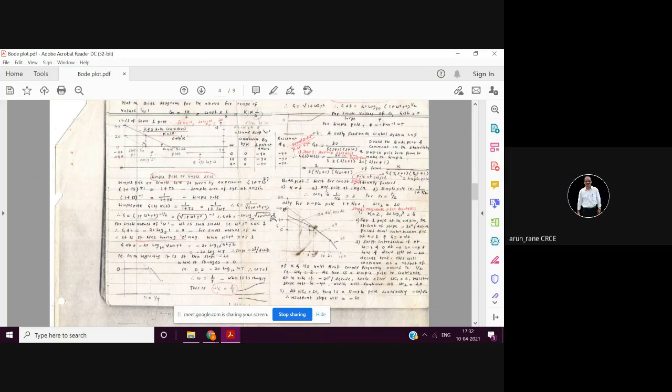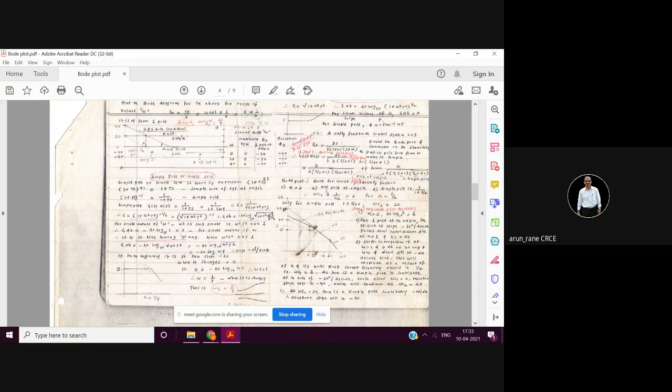Yes, sir. Now, how to plot this for various values of omega T? T is a constant, isn't it? T is a time constant, and it is a constant value. So we have to change the omega only, correct? So now for various values of omega T, suppose the omega T values are very small, so you can ignore this. Then you will have only root of 1, correct? Root of 1 is 1.